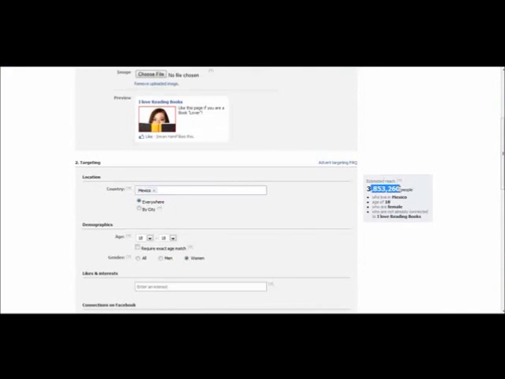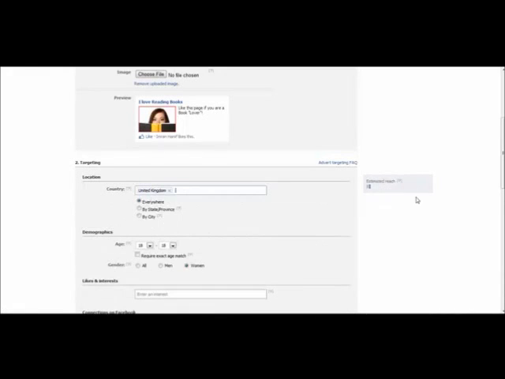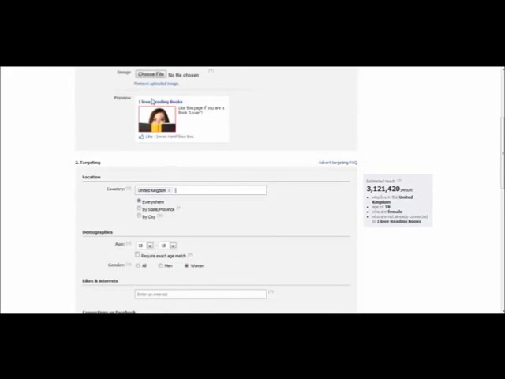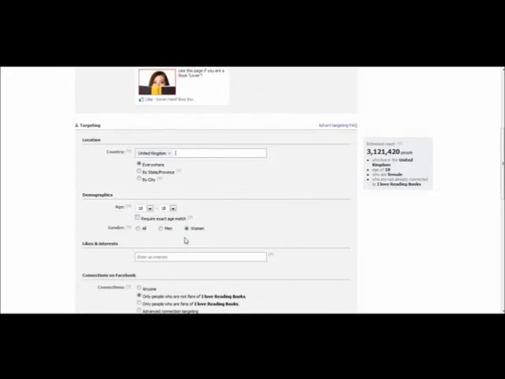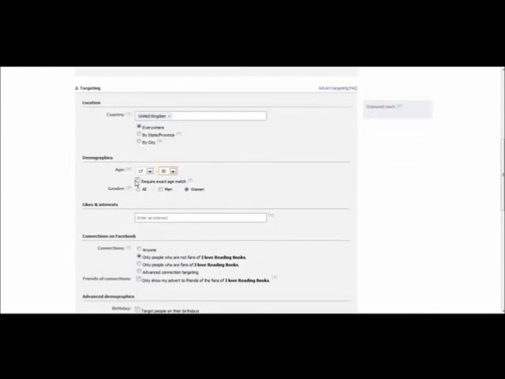But if you're going to create a campaign for the UK, I would basically do this. Let's say I'm going to create a campaign for this page, and I'm going to target women only, aged 17 to, let's just go for 30. Then you can also do a require exact age match here.